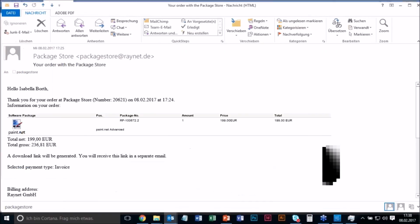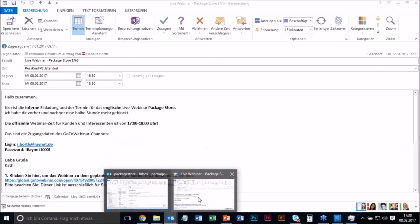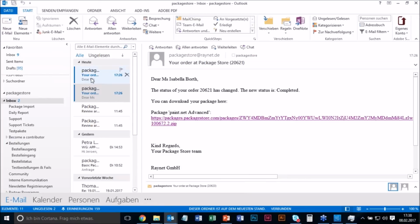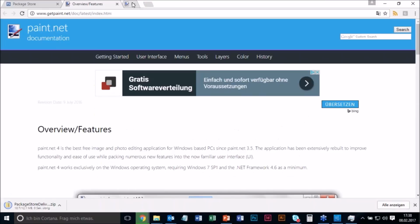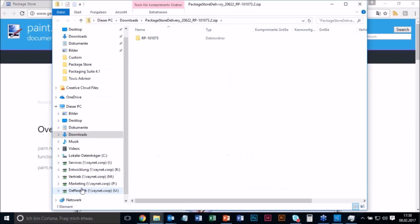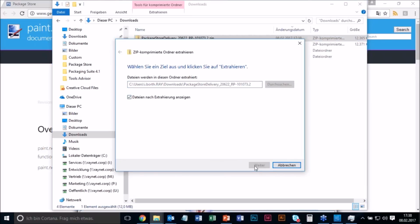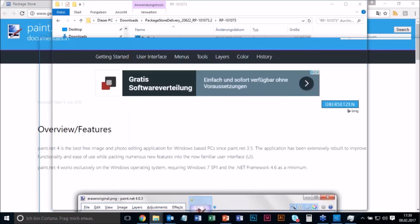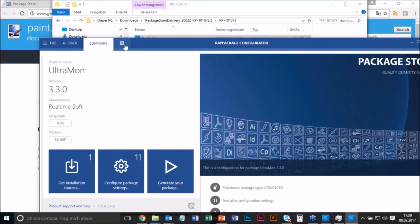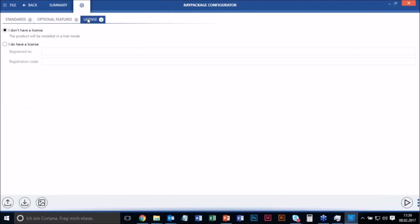as I told you, I've ordered the application Ultramon. I will show you, or I have to go through all these steps once again, but it's just a second just to extract, to open then the Raypack package and to give you insights into the, close the other Raypack package. So